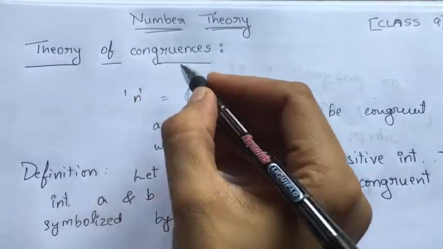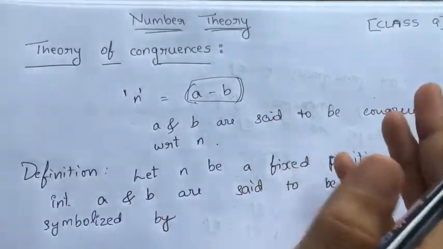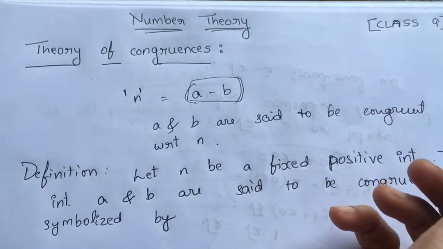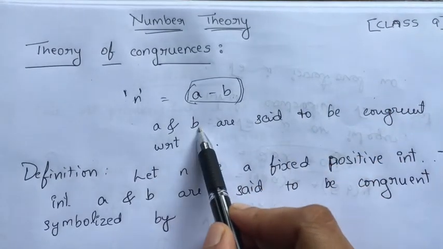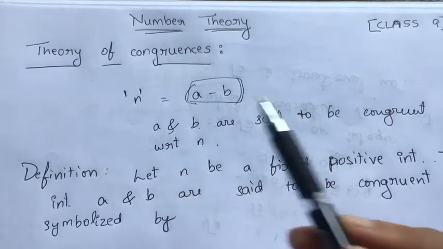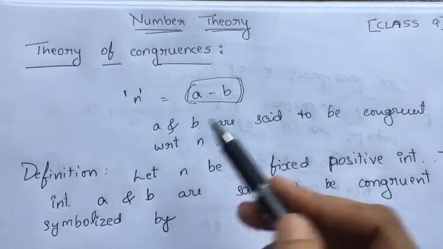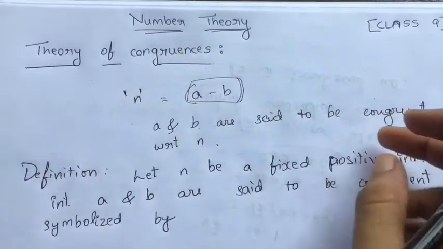If a number n measures the difference between two integers a and b, then we say a and b are congruent to each other with respect to n. Otherwise, we say they are incongruent. Okay, putting this in the form of a definition,